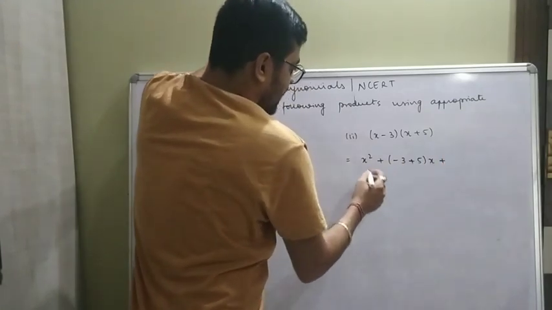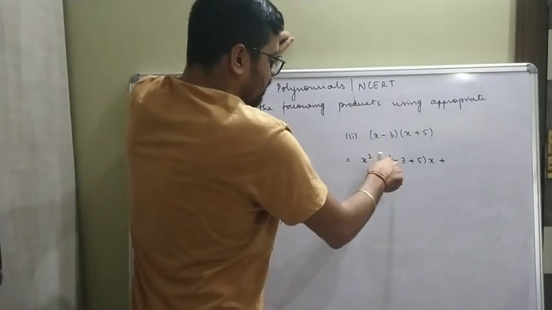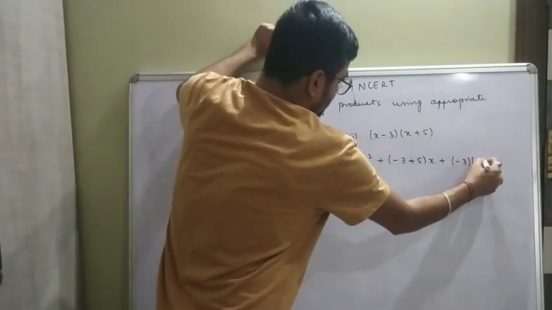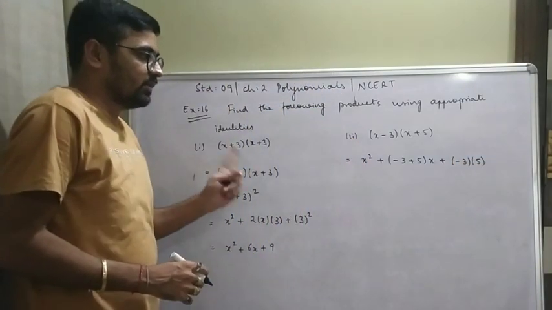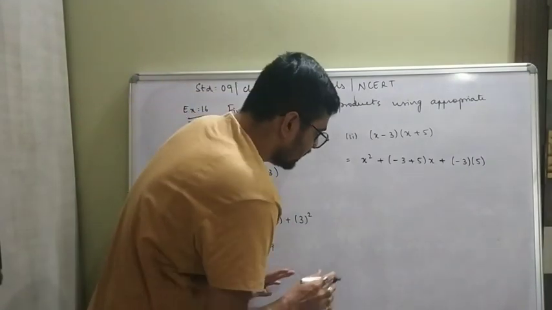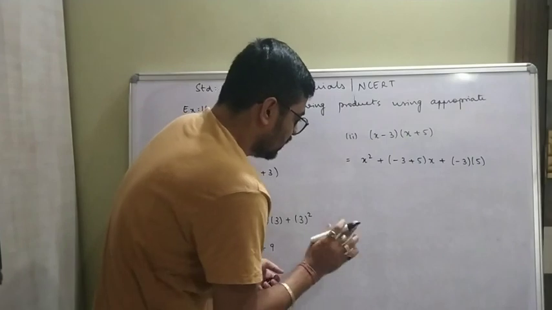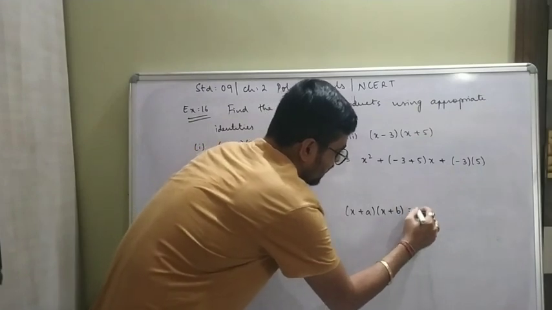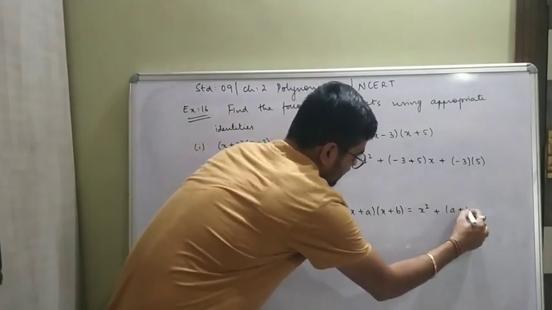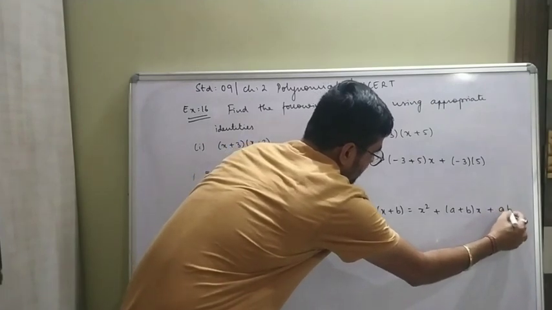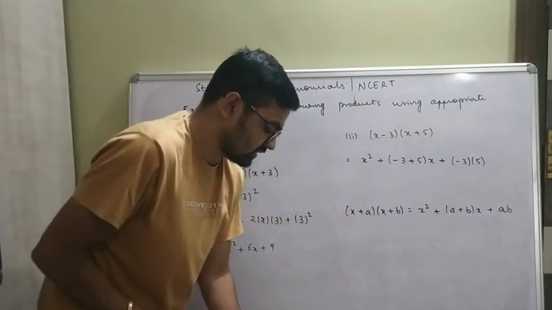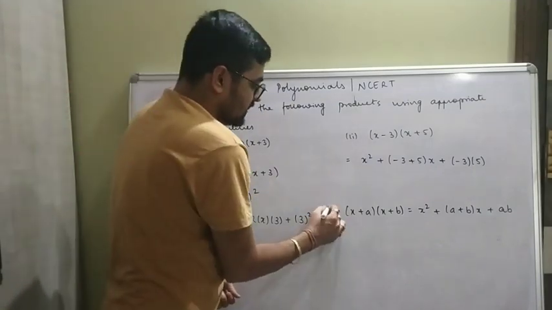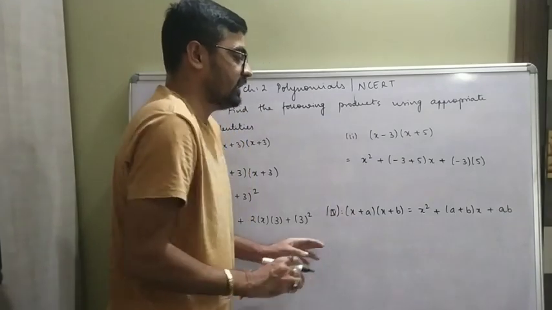Sorry, what was the identity? x square plus (minus 3)x, correct, plus minus a into b. If that identity was somehow a mistake, let me correct it: the identity will come like this, if (x plus a) into (x plus b), then it will be x square plus (a plus b)x plus ab. It will come out like this, correct. By mistake, if I have written it wrong at that particular point, please correct it. Your fourth identity is this one.